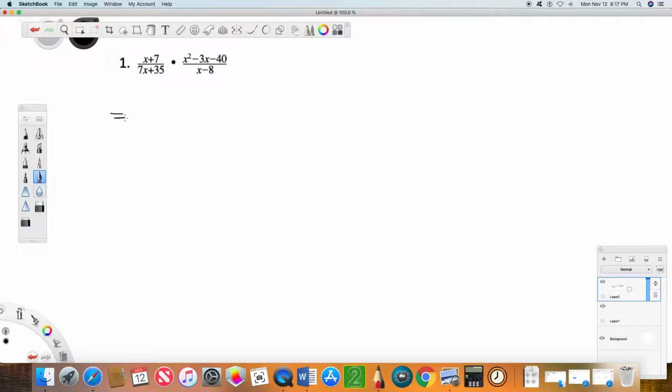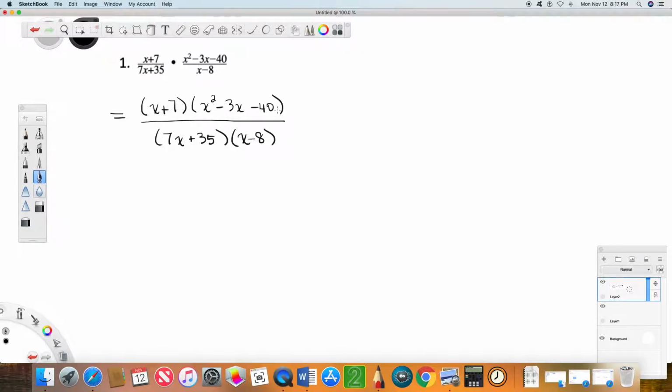In the numerator, we have x plus 7 times this trinomial, x squared minus 3x minus 40. And in the denominator, we have this binomial, 7x plus 35, times this binomial, x minus 8. Well, we don't see anything that cancels here. Now, our denominator, let's continue. Let's go ahead and